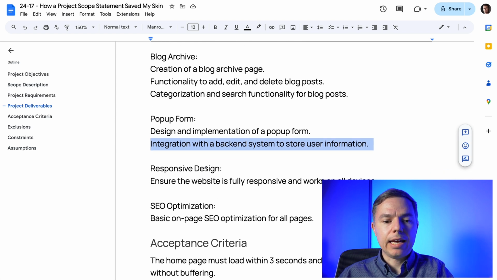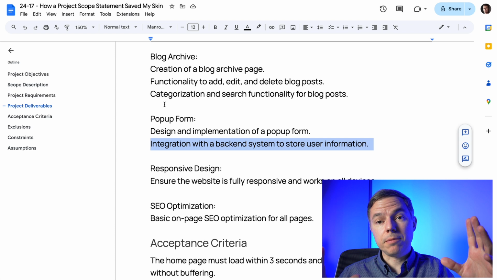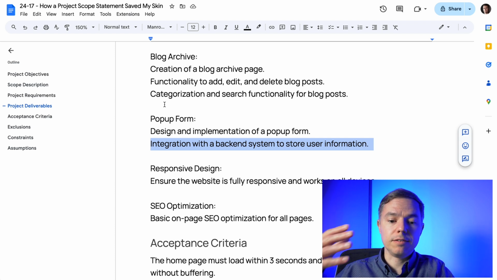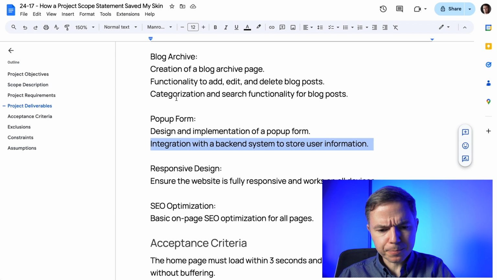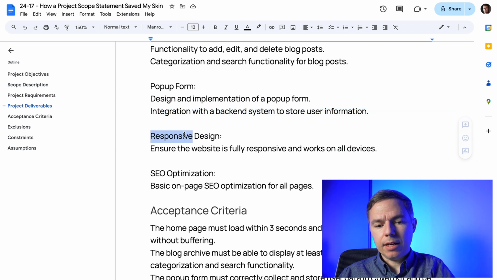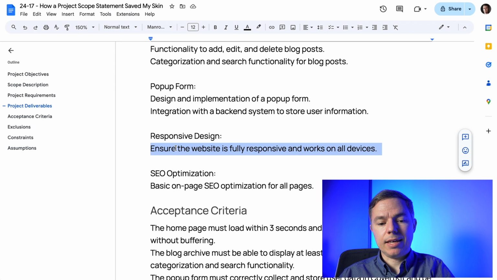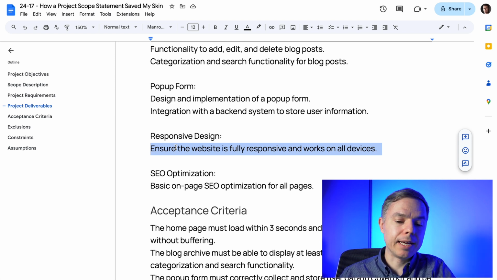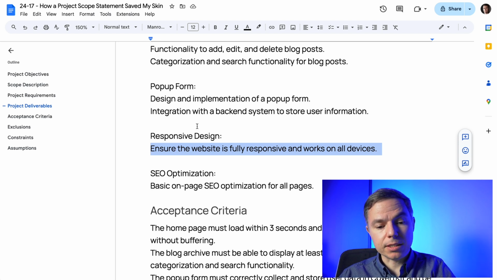So this is something, as you can imagine, that came up during this phase where we collected stakeholder requirements, then we went into the research mode and found out that this form just appears, but later we need to pass this information to some backend system. So responsive design. Again, responsive design is a deliverable. We'll have to hand this off as a feature, as a final product or a version of our product when we implement responsive design requirements.